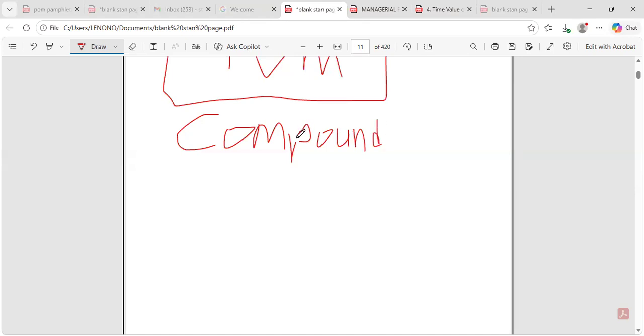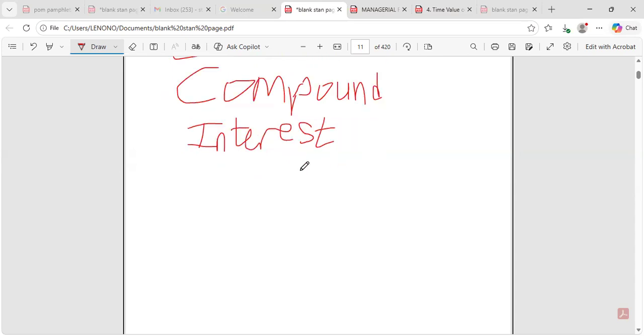On the aspect of creating the compound interest, on the compound interest for a single deposit, single deposit,